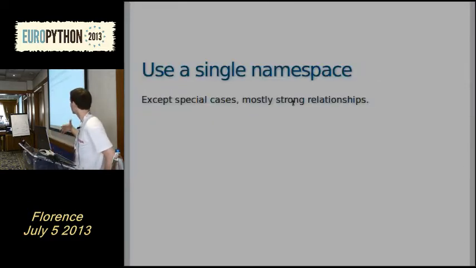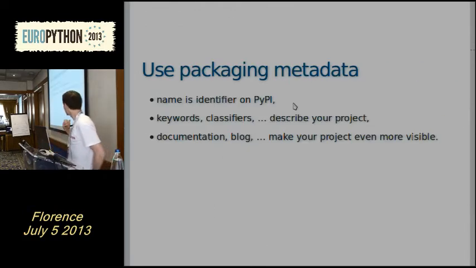Also to use a single namespace. ZC.rst2 is using nested namespaces, and if namespaces aren't related to each other, it produces confusion, and sometimes people want to use names or namespaces for categorization, and that's not the goal of the name. If you want to use categories, you can use metadata, such as classifiers or keywords. So the name should remain simple.